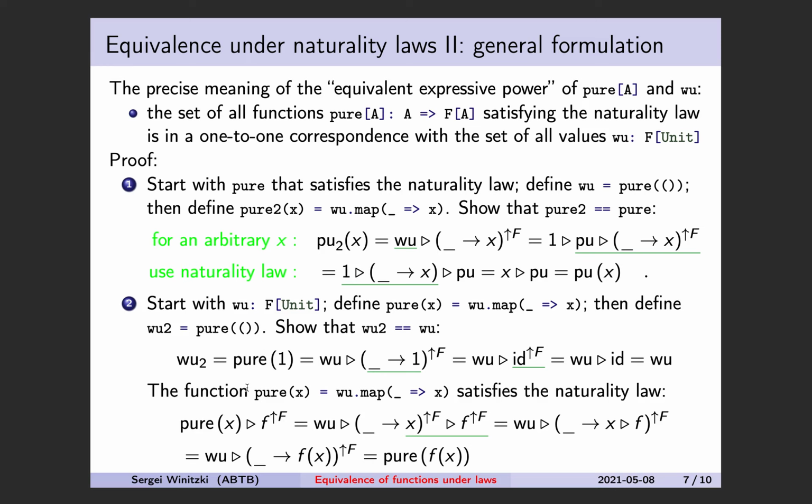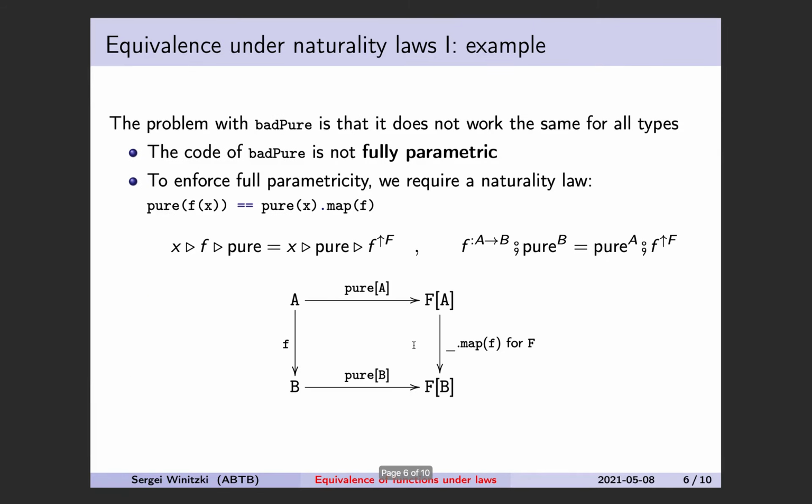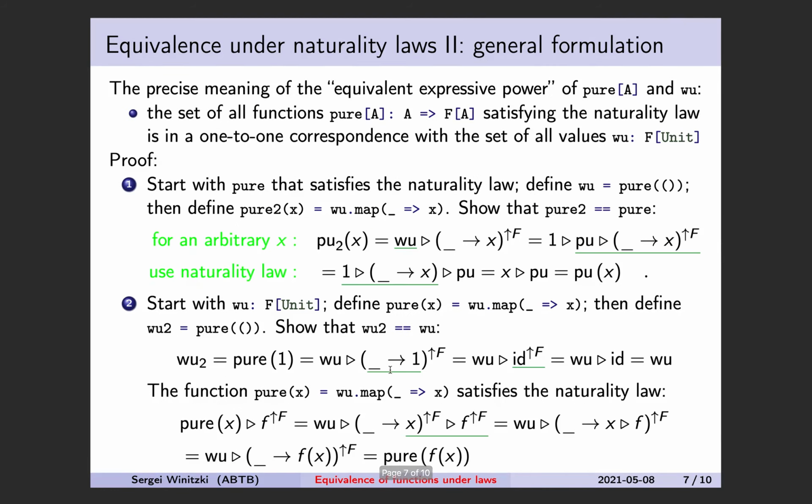Finally, you have to show that when you take some arbitrary wrapped unit and transform it into the pure function, that pure function will always satisfy the naturality law. In other words, it will satisfy that law. So this is another derivation that you have to do, because otherwise you could start with some wrapped unit, do this to get a pure, and this pure doesn't satisfy the naturality law, so you do not have a one-to-one correspondence that you claimed to have. Because the one-to-one correspondence is only between the functions pure with this type signature that satisfy the naturality law and these. So this is another derivation you have to do,